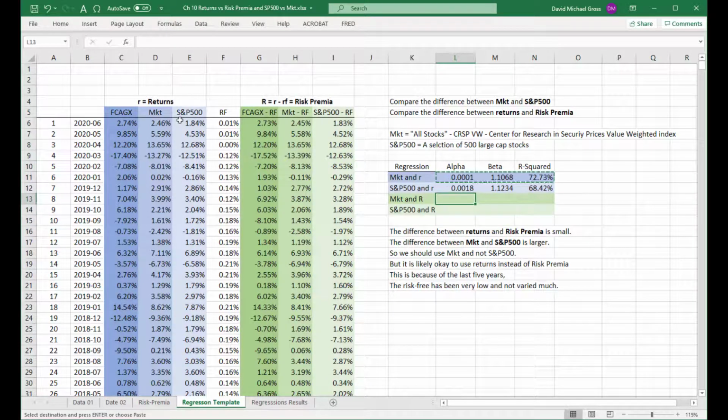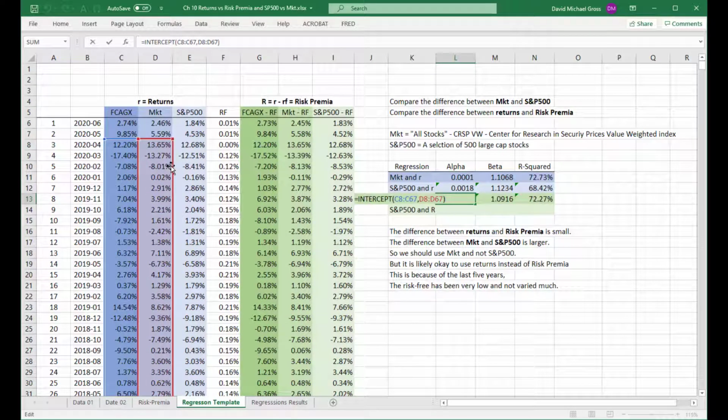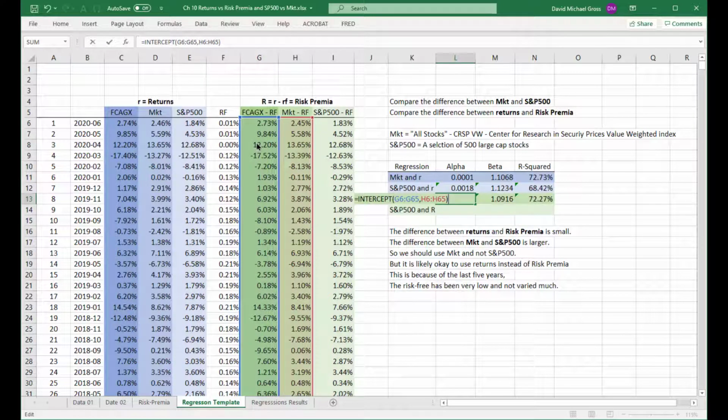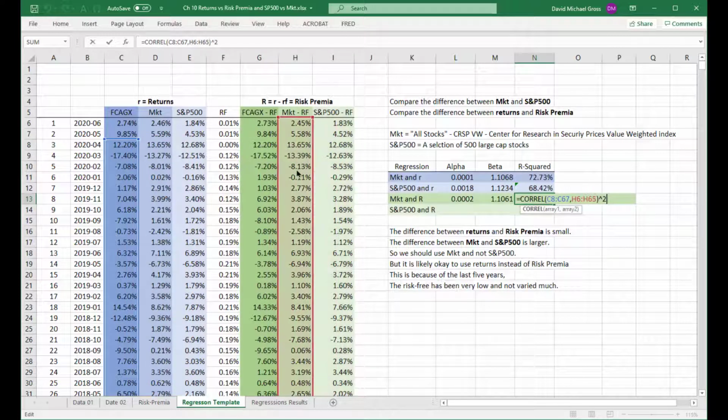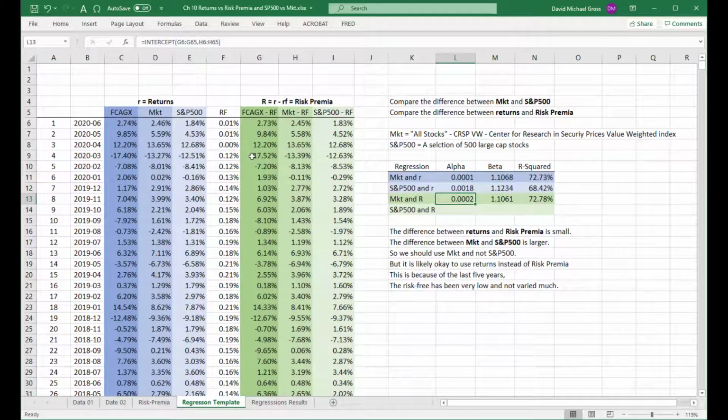And so I'll do Control C, Control all the formulas, and I'm going to have to move a bunch of stuff now. This is going to have to be here for the market and here for the mutual fund risk premium. This one I'm going to have to do again, move those to the risk premium for the market and the risk premium for the mutual fund. And then one more time, there and there. And then finally,